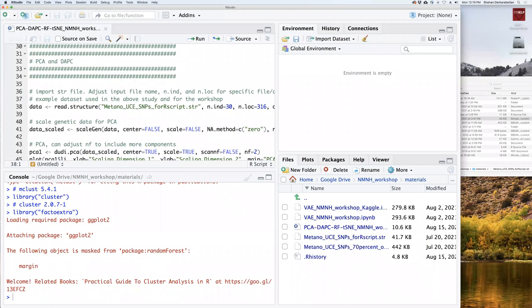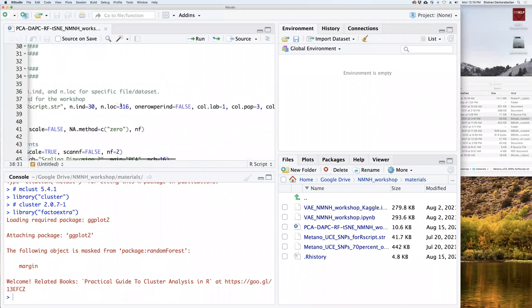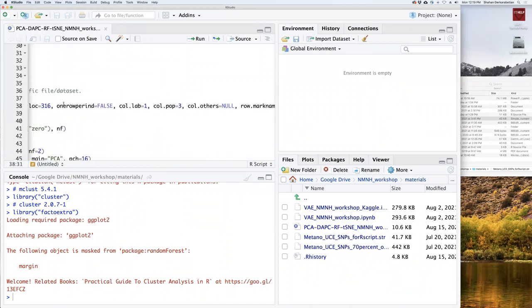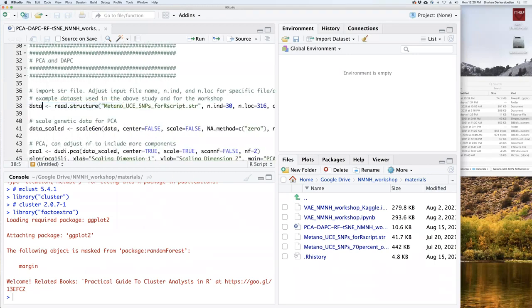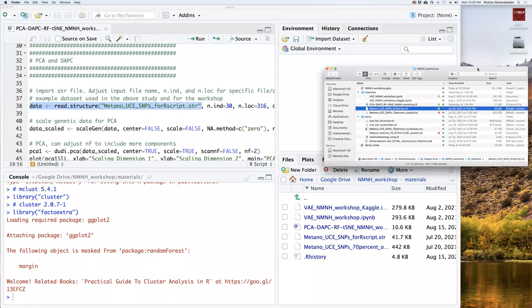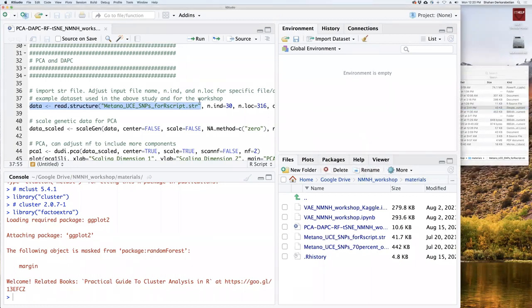John, are there sometimes structure data files that are formatted with one individual per row? Is that like if you've just taken one haplotype out of the two for a diploid? Sorry, say the question again. Your structure file is formatted with 2 rows per individual, right? Do you ever see files where it's 1 row, but you've just taken 1 out of the 2 haplotypes per individual?